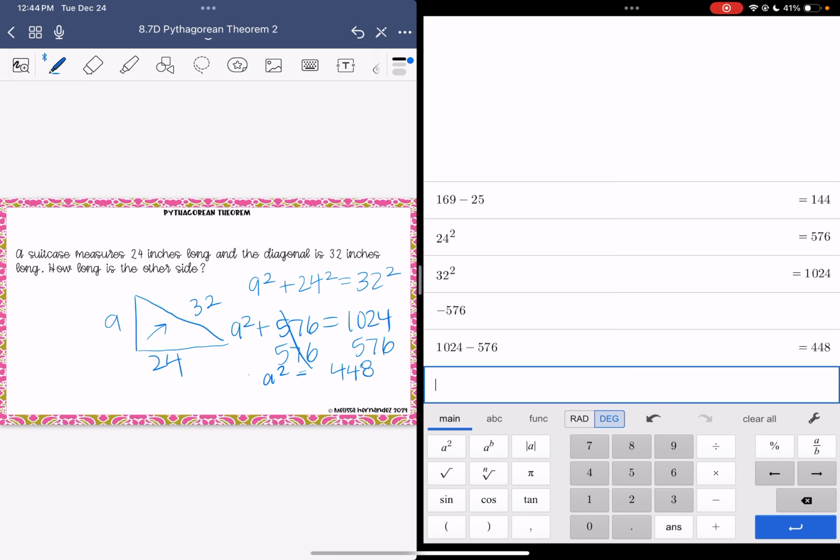The opposite of square is square root, so that will give us the side length. And we're going to round to the 10th place, even though it didn't tell us to, but as good practice, that's typically what we do. 21.2